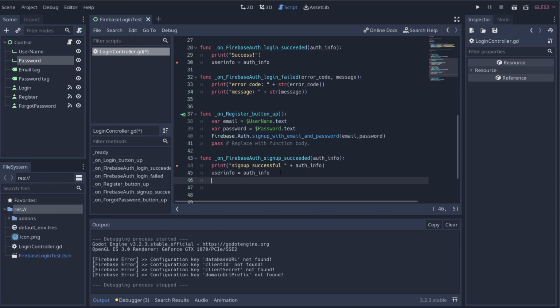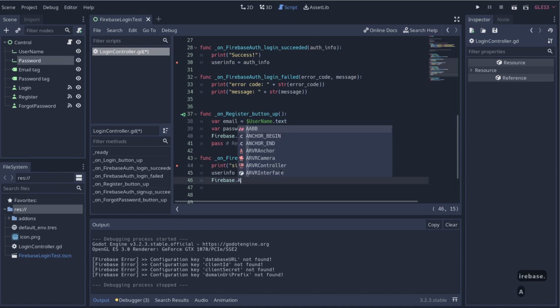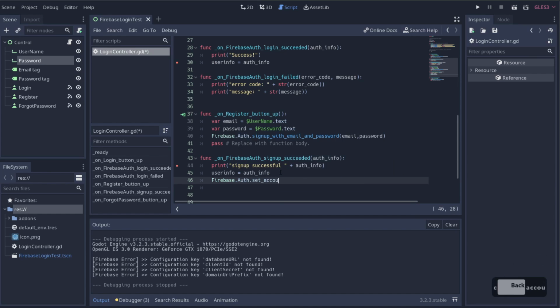So we can say firebase.auth.send_account_verification_email. And what that'll do is send out an email to that person and say, hey, you need to